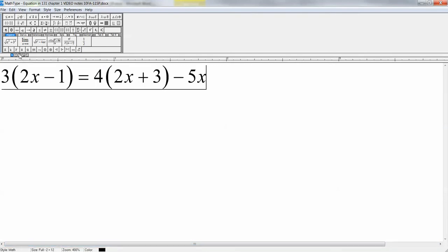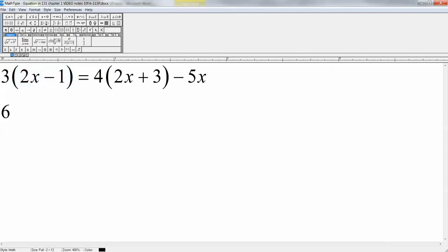Okay, so let's look here. Now if you look at the left-hand side, you've got 3 times 2x minus 1 equals 4 times 2x plus 3. And anybody who's ever been in a beginning algebra class learns that you have to distribute. You have to do 3 times the 2, which makes 6x in this case, and 3 times the negative 1 makes minus 3. Then you have your equals, and then you have 4 times 2, which is 8x, plus 4 times 3, which is 12